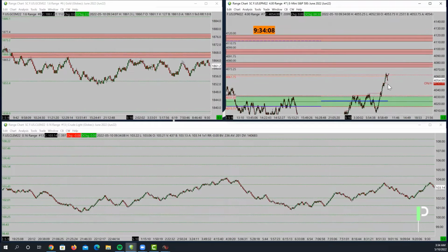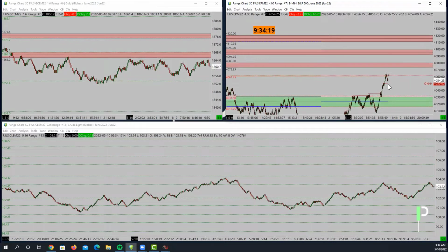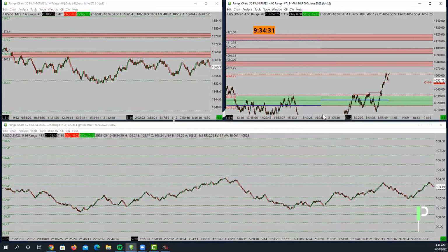So for me, I like to stay with the trend, but I like to have a trade idea as well. The overall trend is bearish. The short-term trend is bullish, right? But with that in mind, we are up at resistance. We're at a value area high, and I think this is a